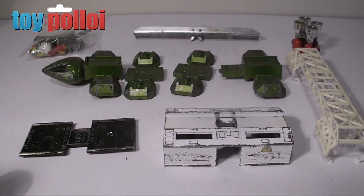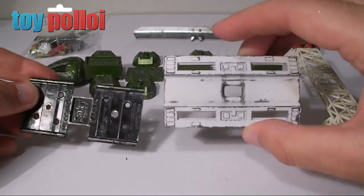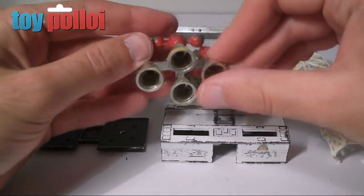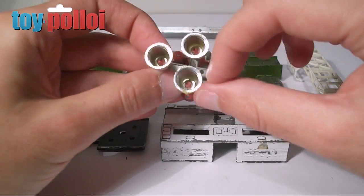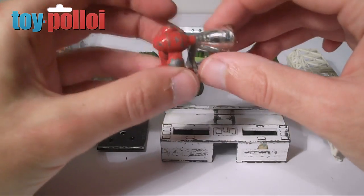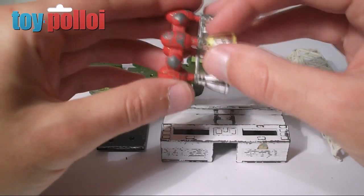Okay, so here we have the eagle split down into its component parts. I had to drill out the rivets as you saw on this transport section, but once they're done it comes apart quite nice and easily. And I also drilled the rivet that held this jet section on. The jets themselves are actually held on with small rivets as well, but I think removing those could damage them, so I'm going to have to deal with this as a sort of separate piece and paint it by